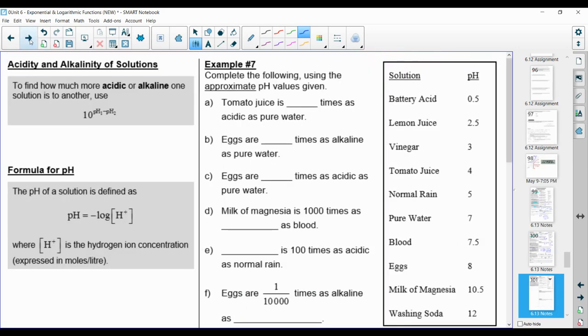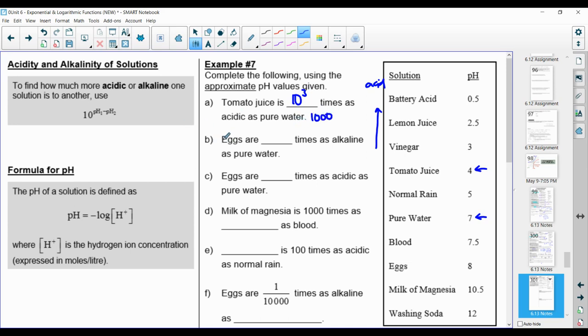All right, so we're going to take a look at our scale here again. So looking at our pH scale, we're asked to compare the values. Tomato juice is blank times as acidic as pure water. So tomato juice is at 4 and pure water is at 7. As we go up the scale here, we become more acidic. And so 7 take away 4 is 3. And since it's becoming more acidic, it's 10 to the 3 times as acidic as pure water, or 1,000 times